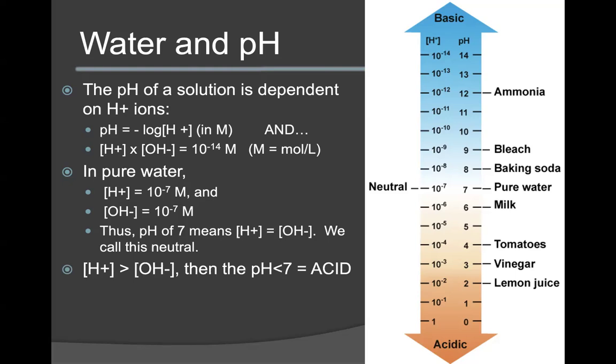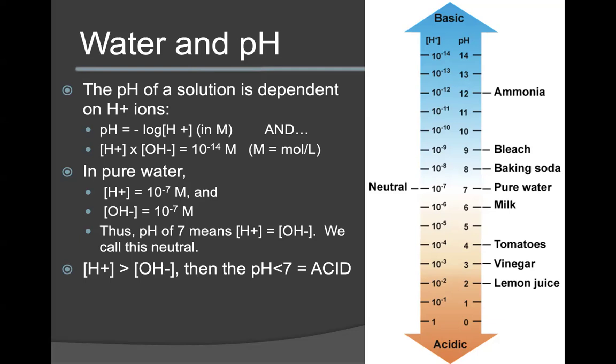If the concentration of hydrogen ions is greater than hydroxide, this is considered to be an acid. And take a look at the pH scale here. As we drop down in pH, so if we go from 7 to 6 to 5 to 4, you can see that the concentration of hydrogen ions